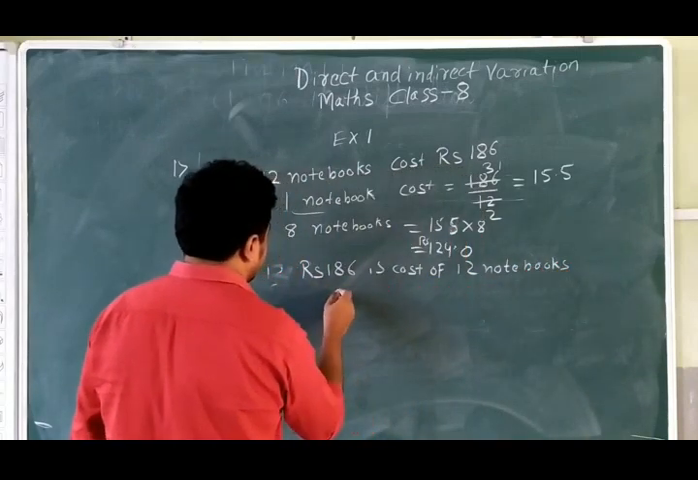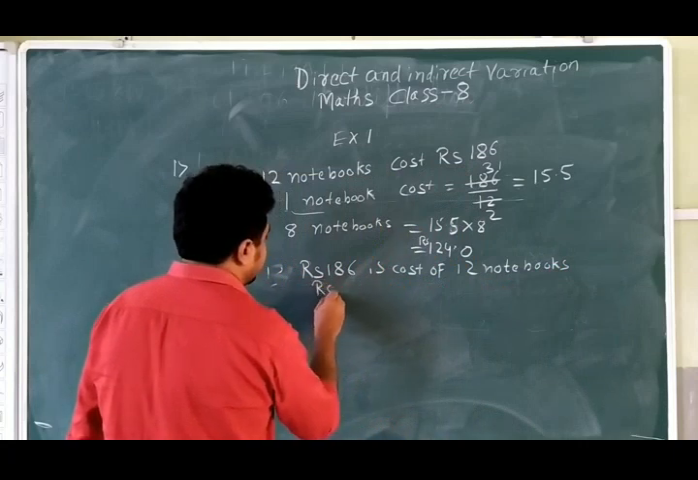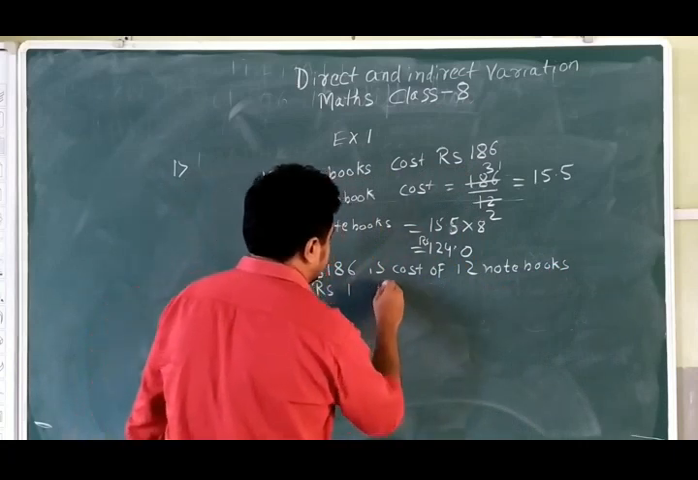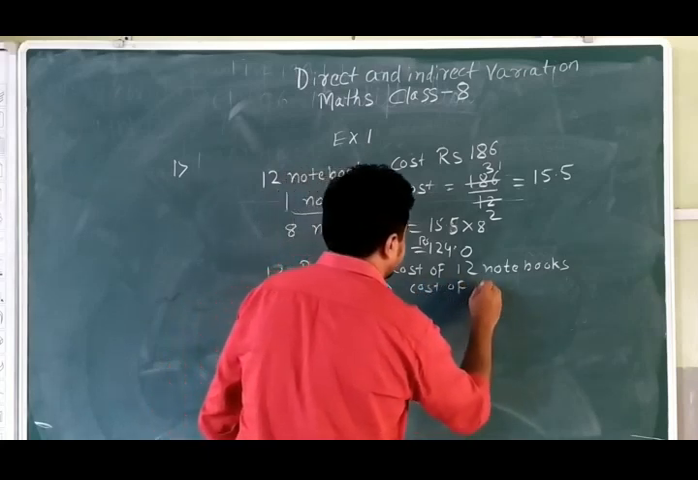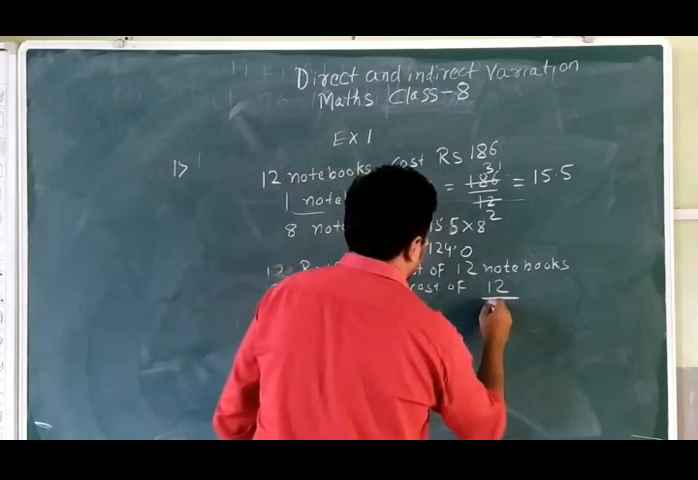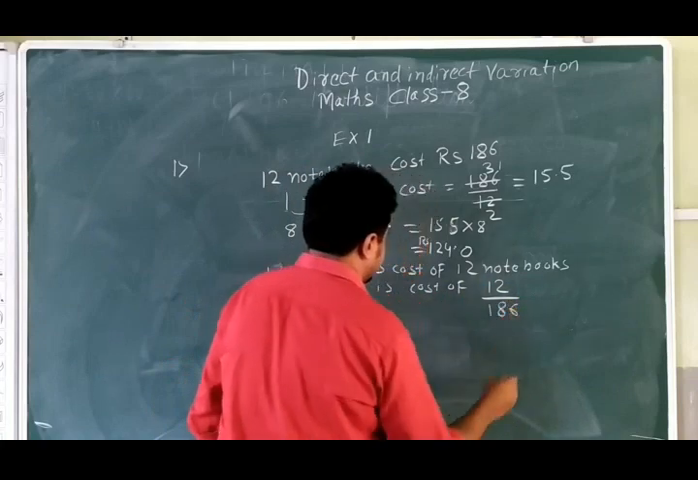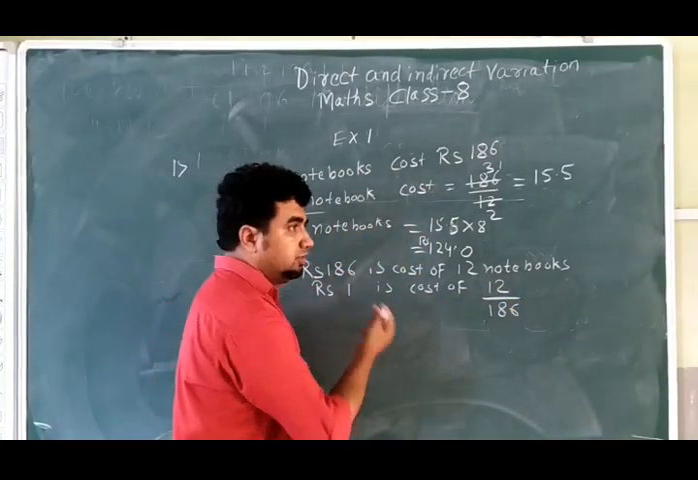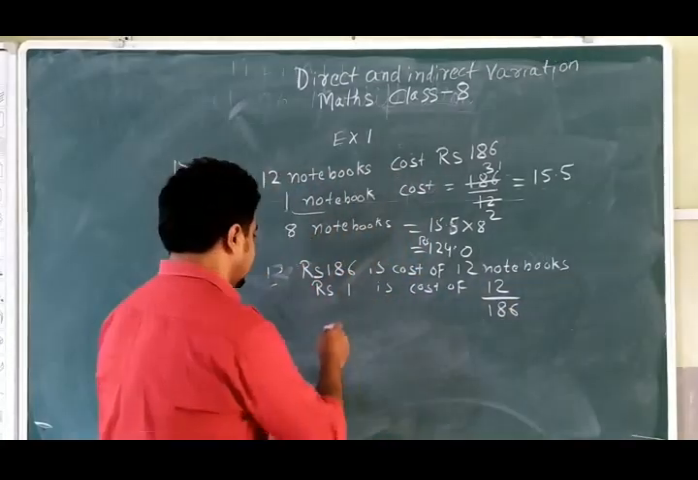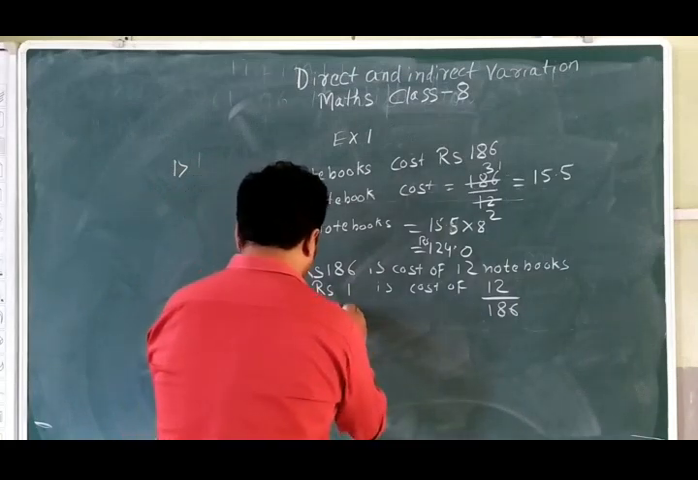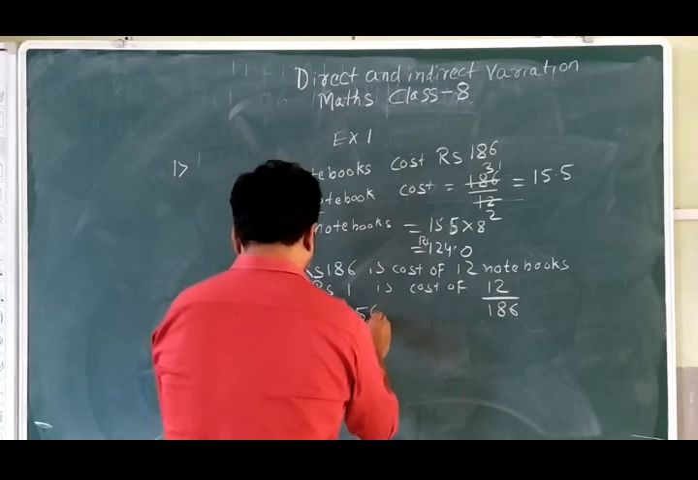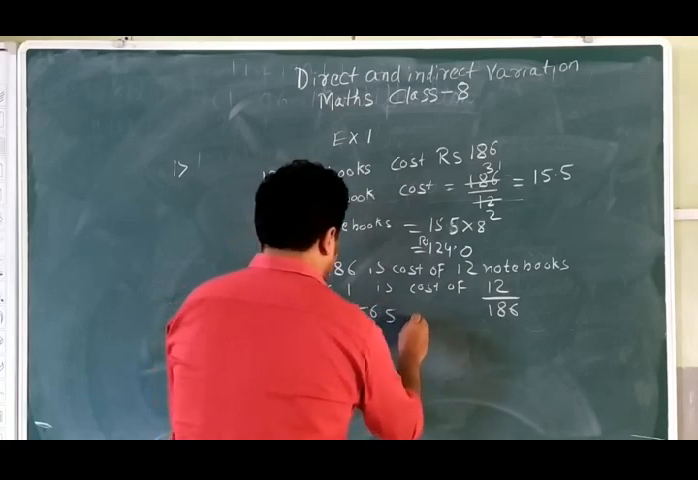Price of one in 1 rupees, how much can we get? Is the cost of 12 by 186. This is 1 unit, meaning 1 rupee. I am just writing it, and now the cost of 356.5 rupees is the cost of,